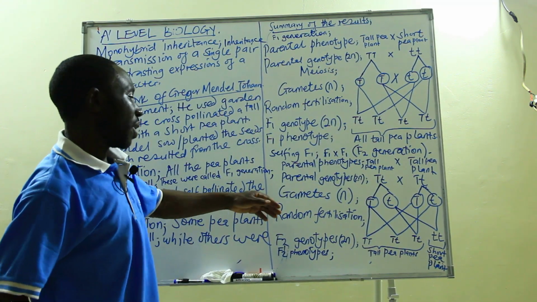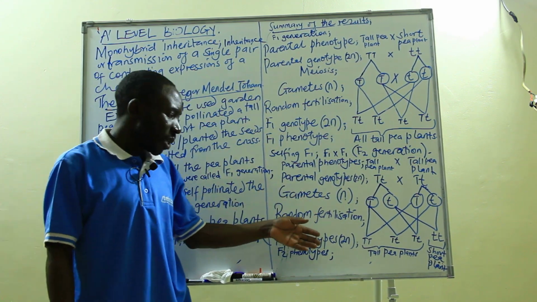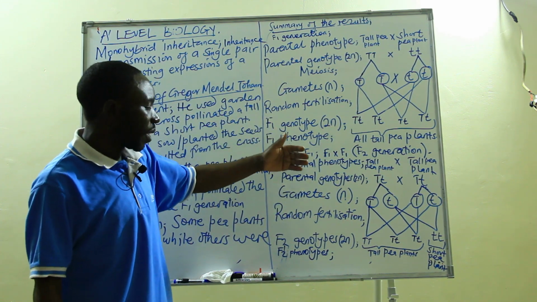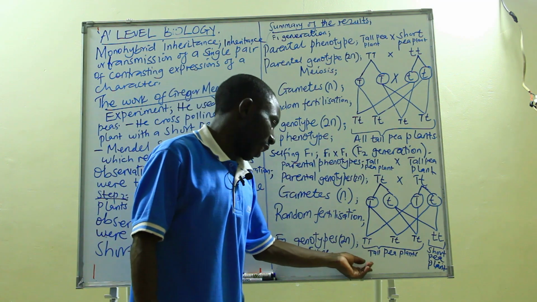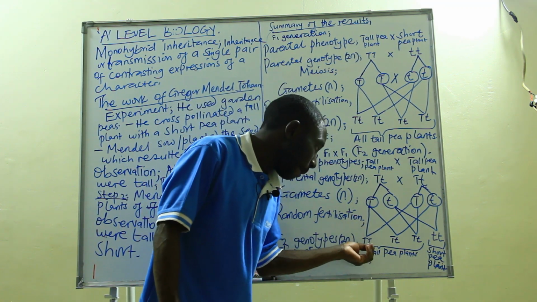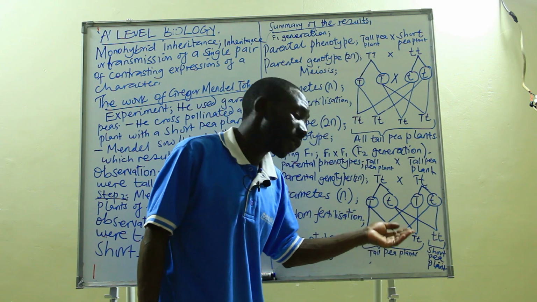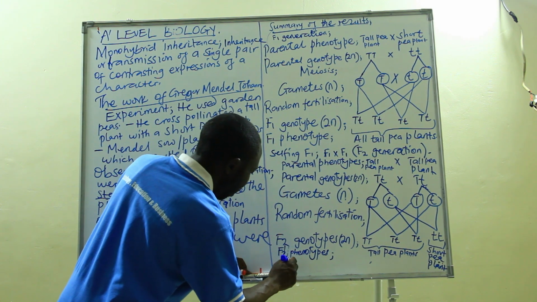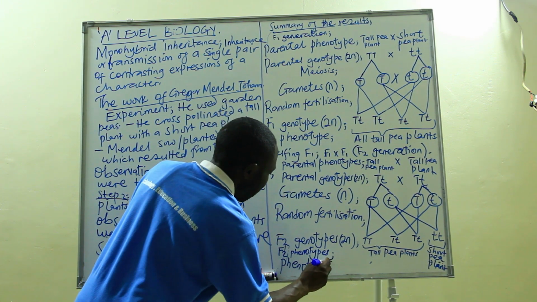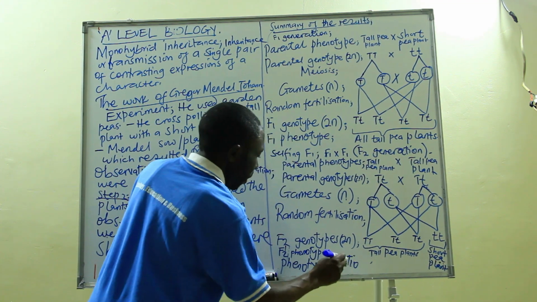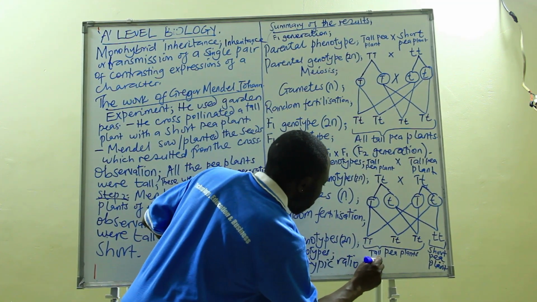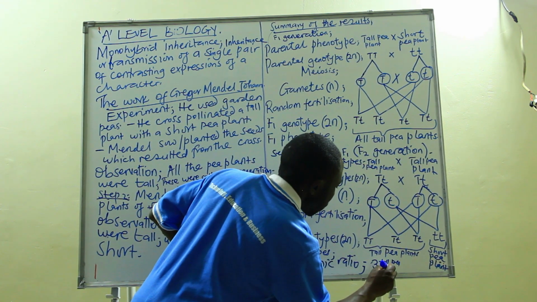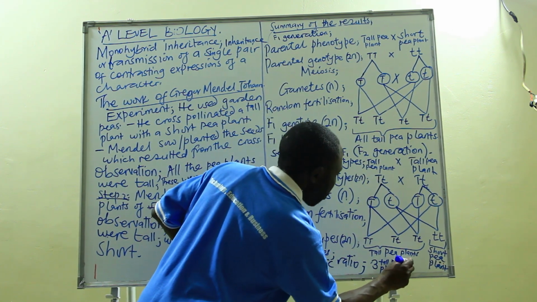So now, when you observe the F2 generation, you can see that individuals of the F2 generation are produced in a ratio of 3 tall pea plants to 1 short pea plant. That is the phenotypic ratio. The phenotypic ratio is 3 tall pea plants to 1 short